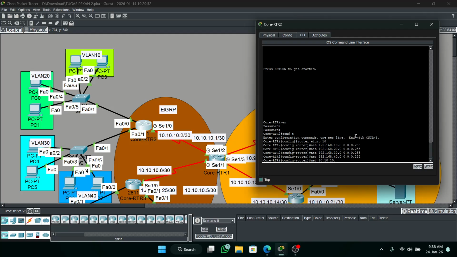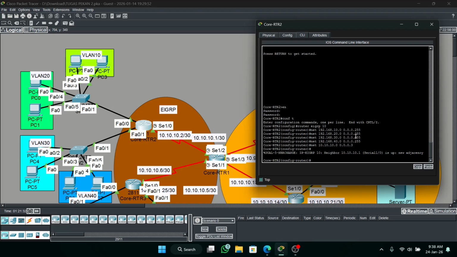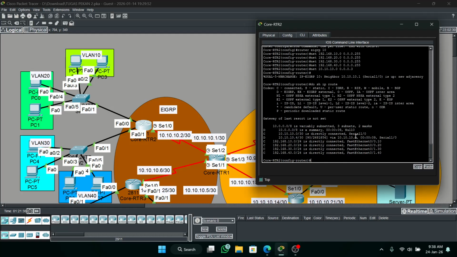10.10.10.10 and 0.0.0.3. Okay, we'll show it. Make sure all is connected.